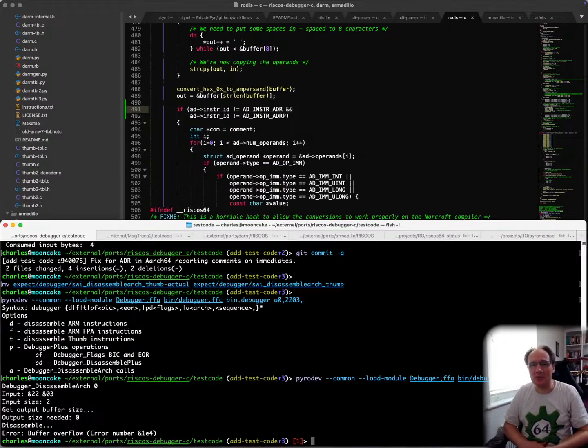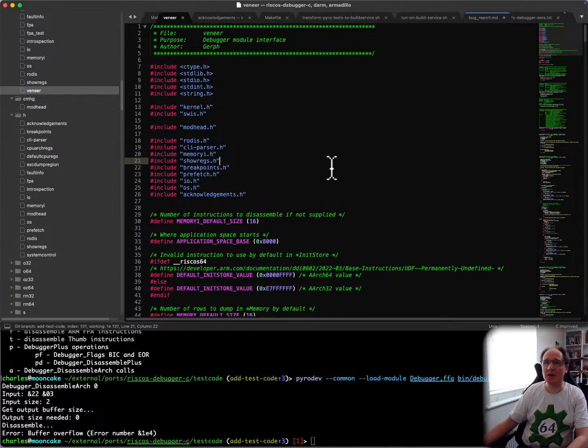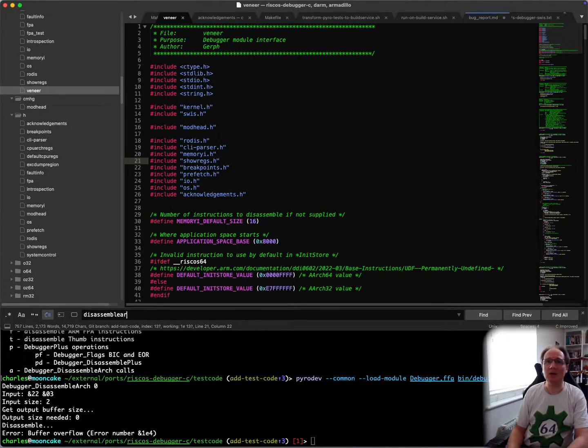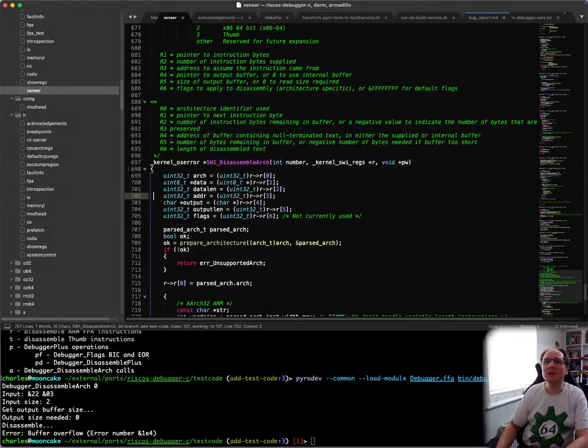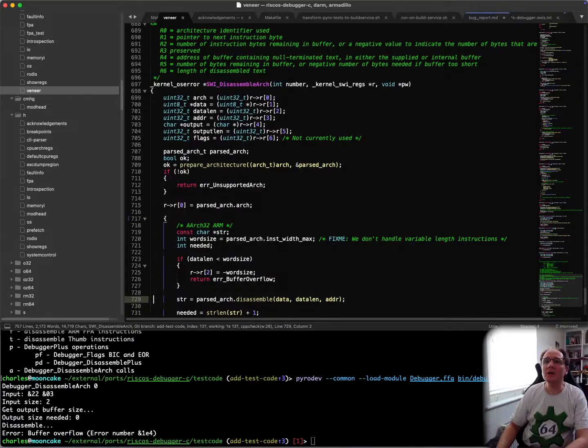It is not a buffer overflow. It's a you didn't pass enough data. Not enough input data. And we want to differentiate between those things. So I need to have a look at how this actually fits together because I'm not sure how we do this. So, disassemble arc. Oh,